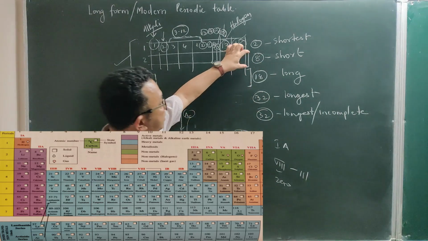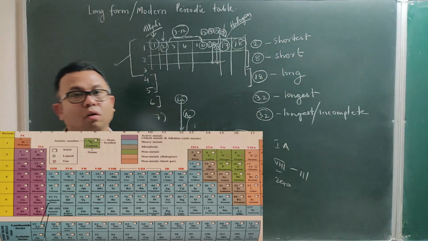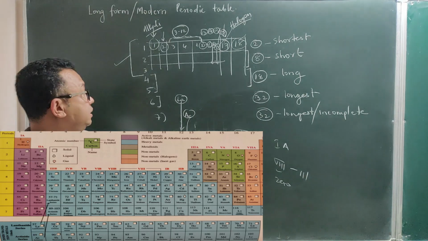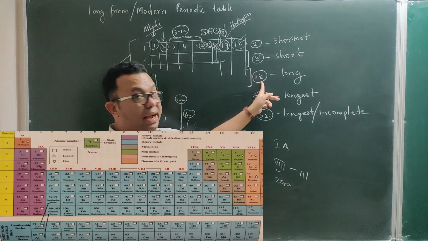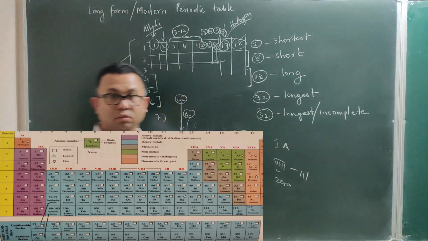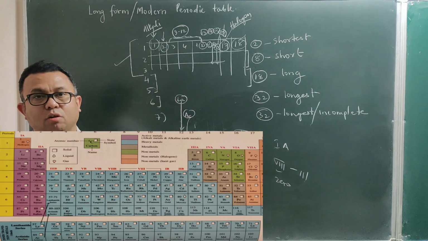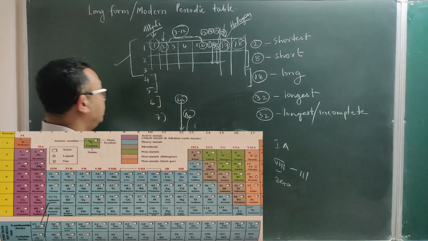And as 8 elements are present, because of that, they are called short periods. Similarly, periods 4 and 5 have in them 18 elements, all of them filled up. That's why both periods 4 and 5 are called long periods. Then going on to 6,